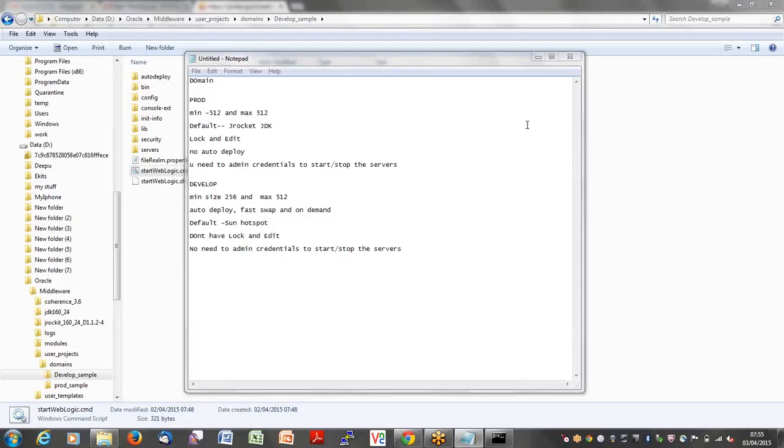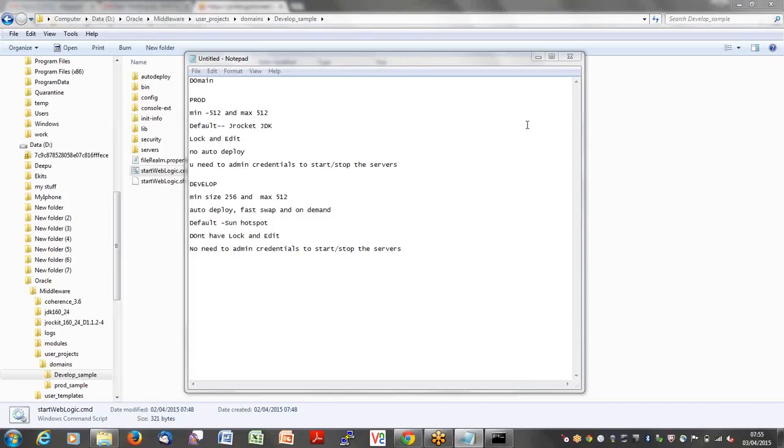During the startup itself, the server will load all the memory. Though the startup time is slow, while the server is running, it will not go back to the RAM to ask for extra memory. In the development environment, what is happening? You have given 256. After it reaches 256, it needs more memory. Then it will go back to the RAM, ask for memory, and load it at that point of time.